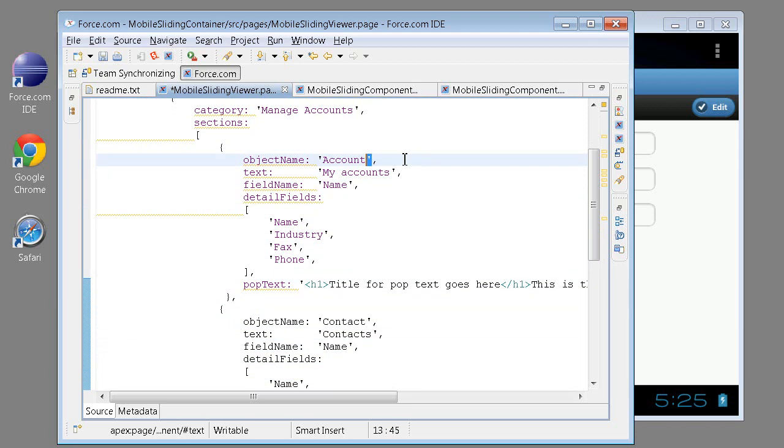The first one is account. Okay, that's the object name we have in Salesforce, and we can override or specify which header must appear in the application. That's my accounts. And the first field name we have here is the one that is shown in the listing, in the list view. The first is the record listing screen, and here there is another property that is called detail fields that